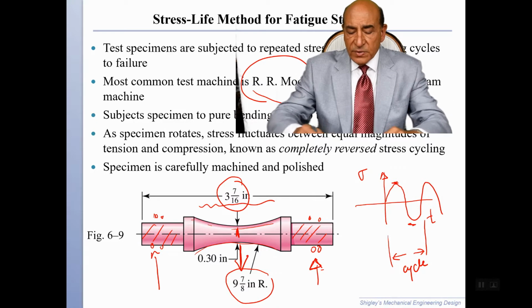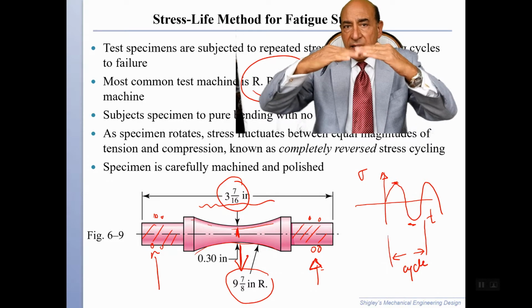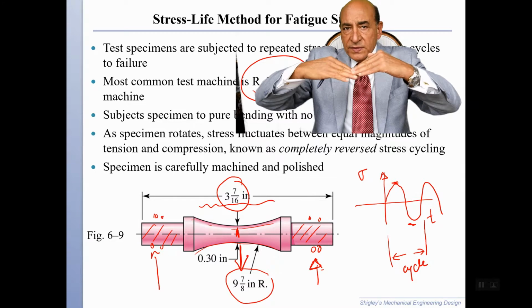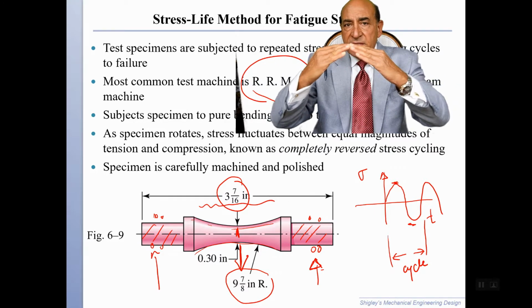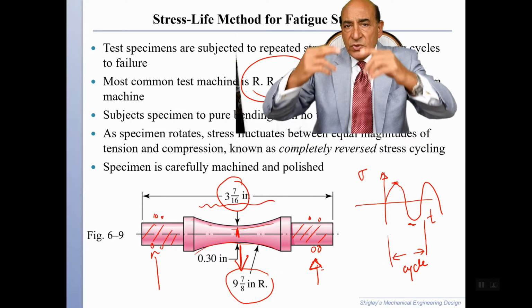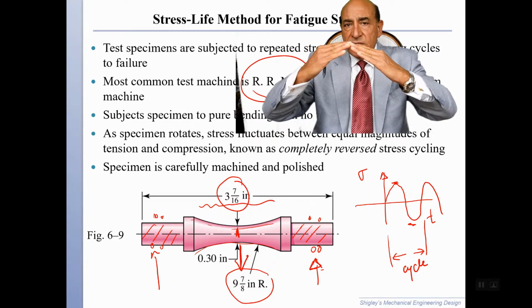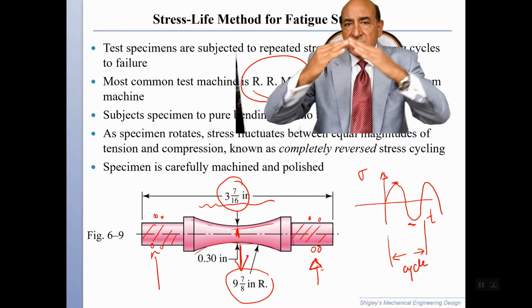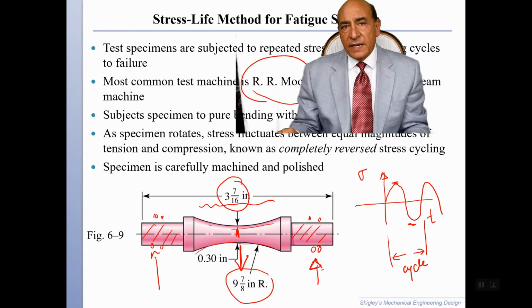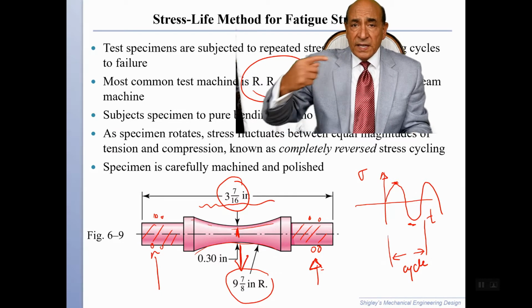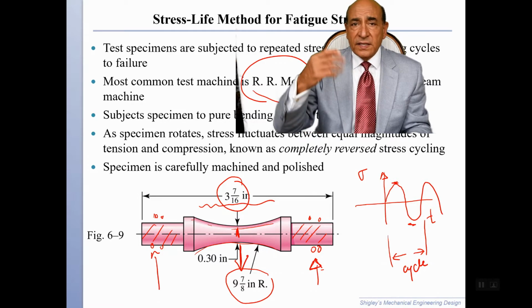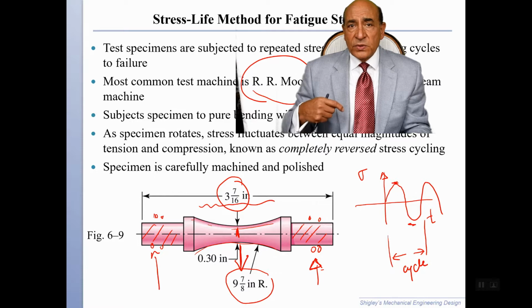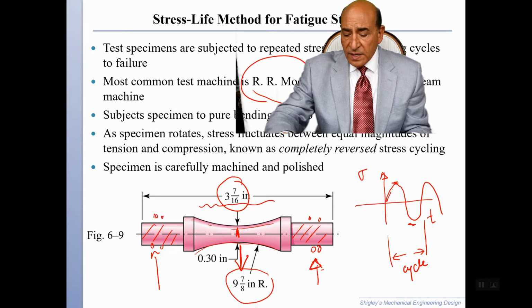Now, if I have this sample rotating, as it rotates and is bending under the moment, the top surface is going to be under compression, as you can see with my hand here, and the bottom surface is going to be under tension. Each surface is rotating from top to bottom, and therefore each surface is going to go compression, tension on the top surface and on the bottom surface. That's very clever because we can rotate the sample very quickly, let's say 5,000 RPM, and therefore we can get 5,000 fatigue cycles